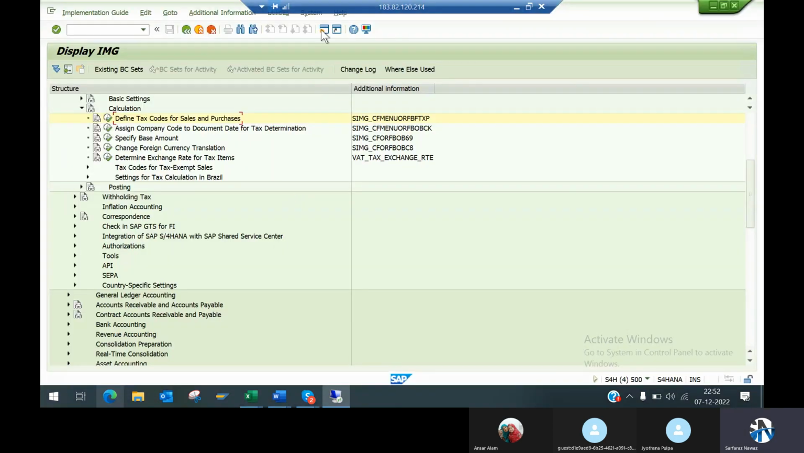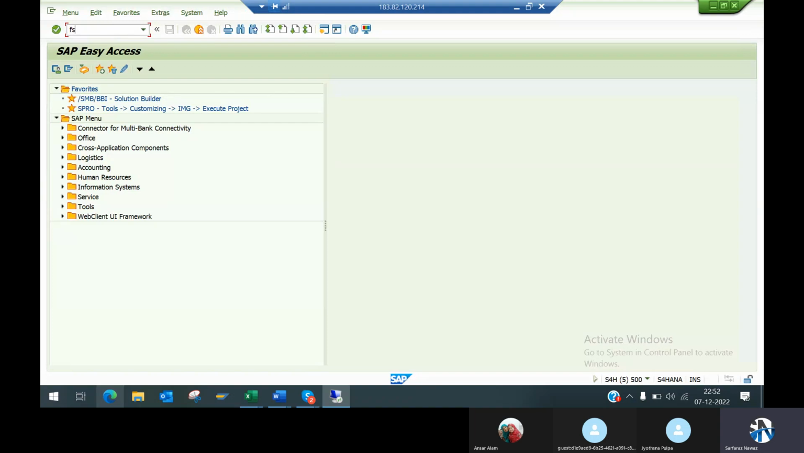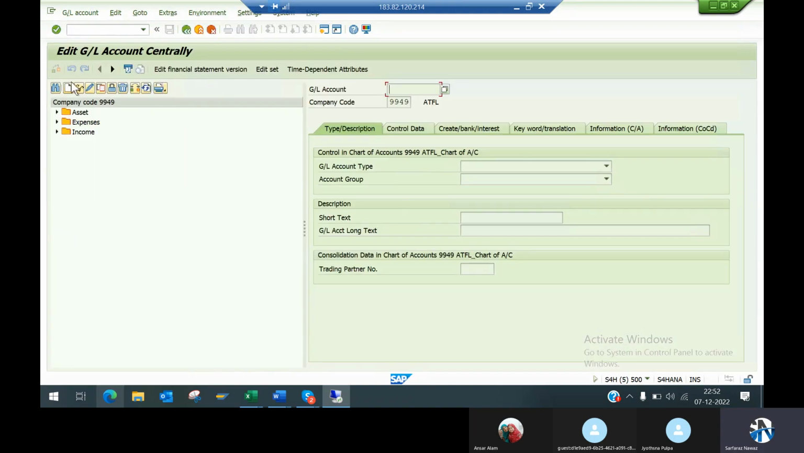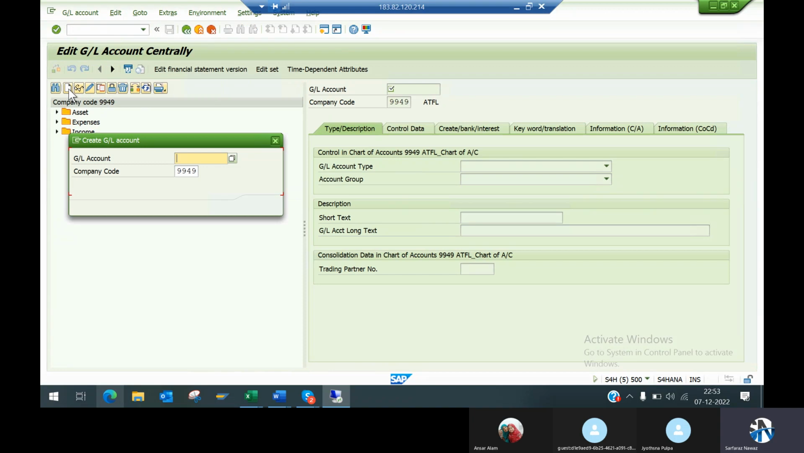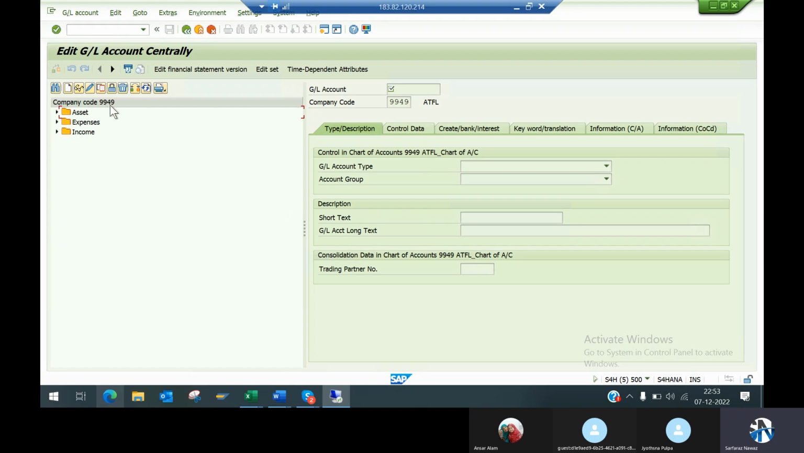Okay. Let's create the GL accounts. Open a session. FS00 and take create this. First of all you check how many in 9949. How many assets? See, what is input tax? Input tax. You have paid